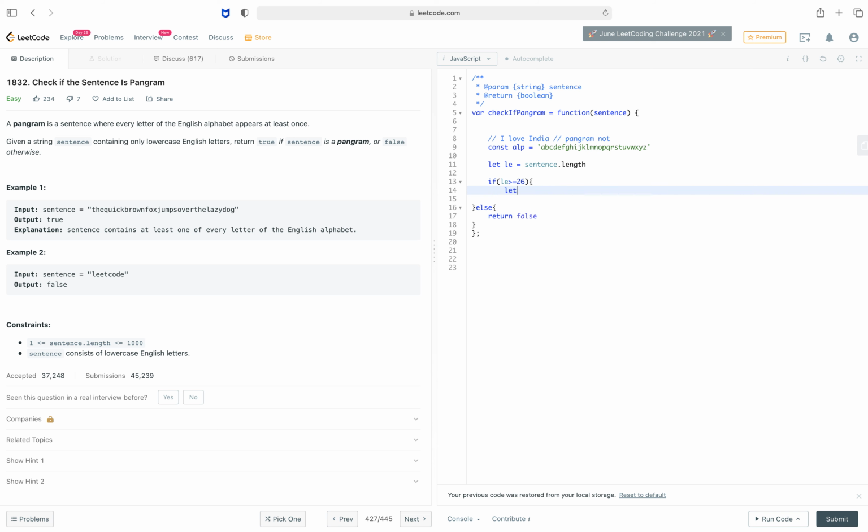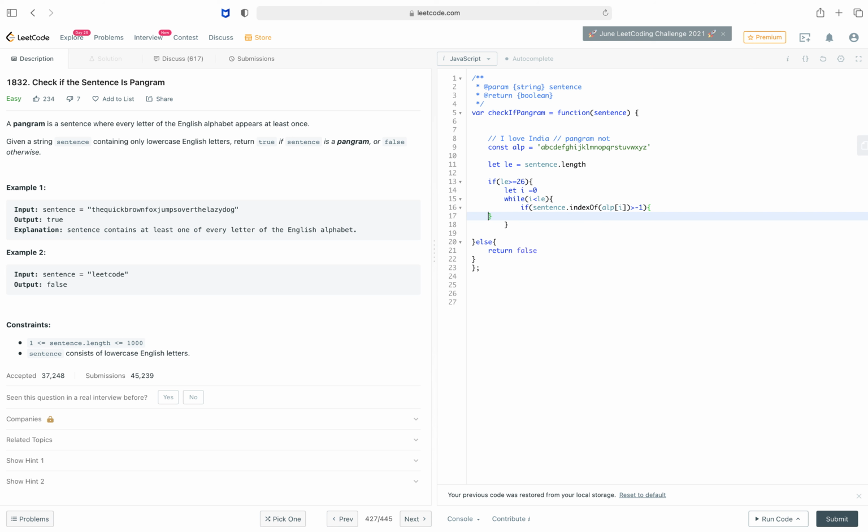Now the comparison is going to be on the sentence, because we have to check if all the alphabets are present in the sentence or not. So sentence.indexOf(alpha[i]) greater than -1.